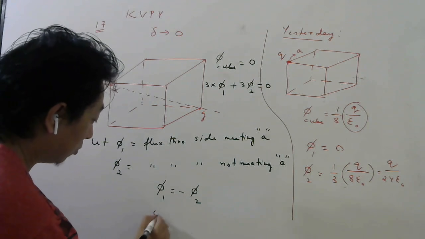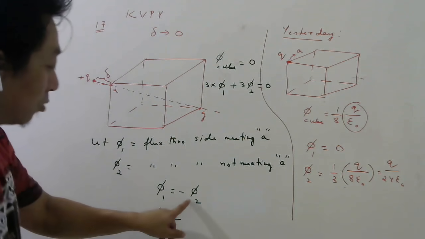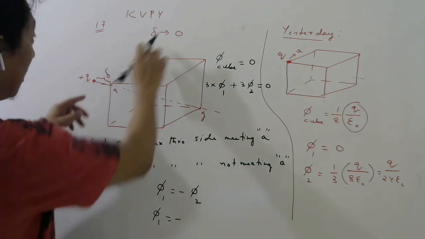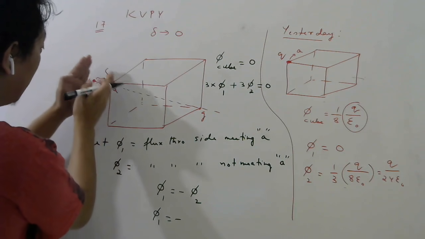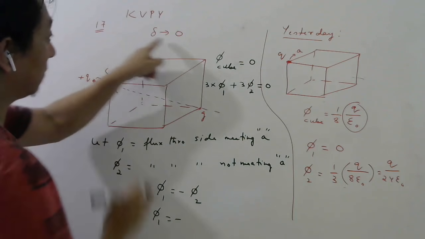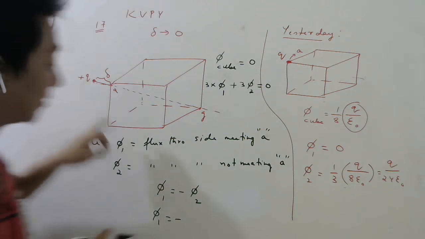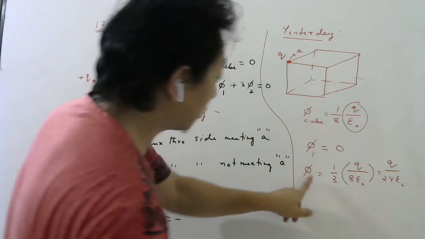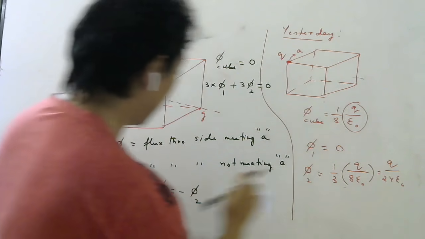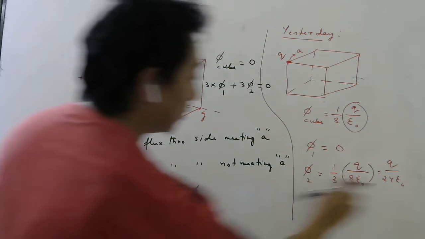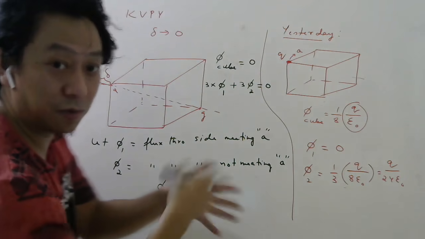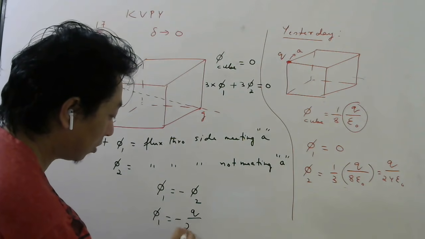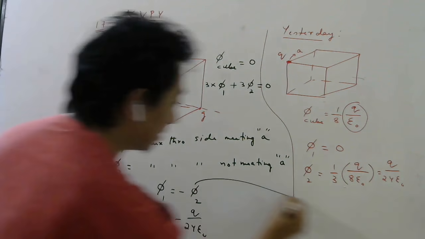So the flux through this, they were asking that we minus flux through this, but since this is very small, if you take the limit of this, if you make this gap almost 0, then this diagram will look like this. If this gap is almost 0, then flux through that face which does not meet A, which I wrote phi 2, that will be this much. So here also that answer will become more and more this much. So it will become minus of q by 24 epsilon naught using this result.